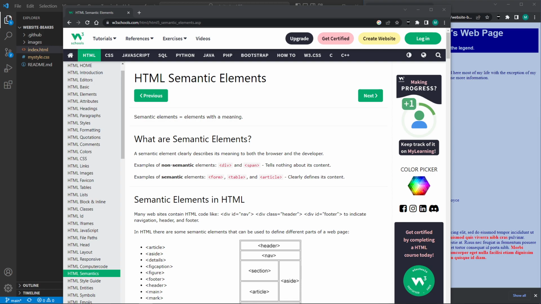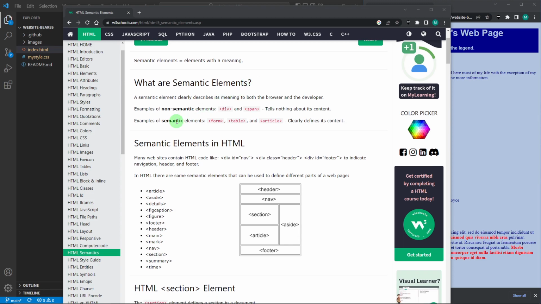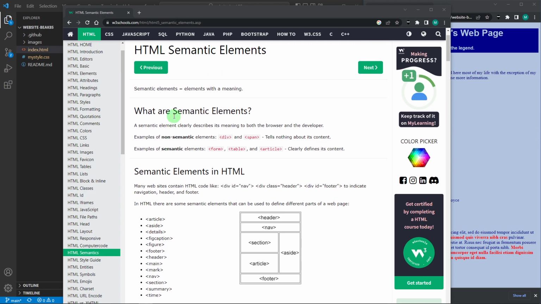So what they did a few years ago is decide on creating some new HTML semantic elements. So what is a semantic element? Well, basically semantic means we're going to name it something that tells what it does. Okay, so these divs, we did it so much. Here's a div with an ID. Here's another div with an ID. Here's another div with an ID. Well, can't we shorten that? Can't we make it a little bit easier to understand? So they made some new selectors, some new tags. Instead of doing div with an ID of nav and div with a class of header and div with an ID of footer,